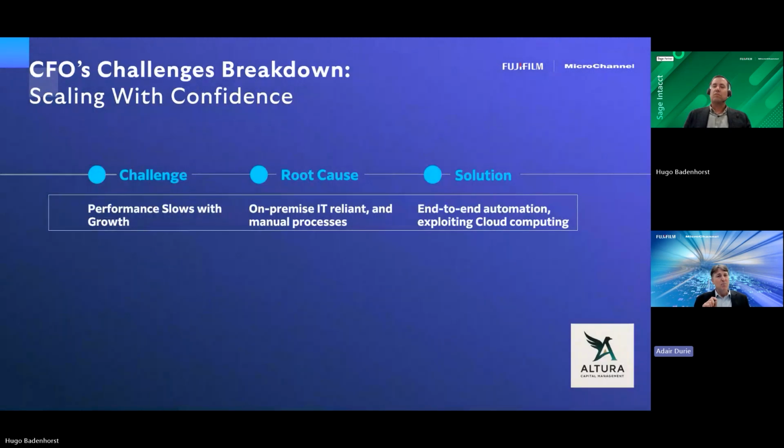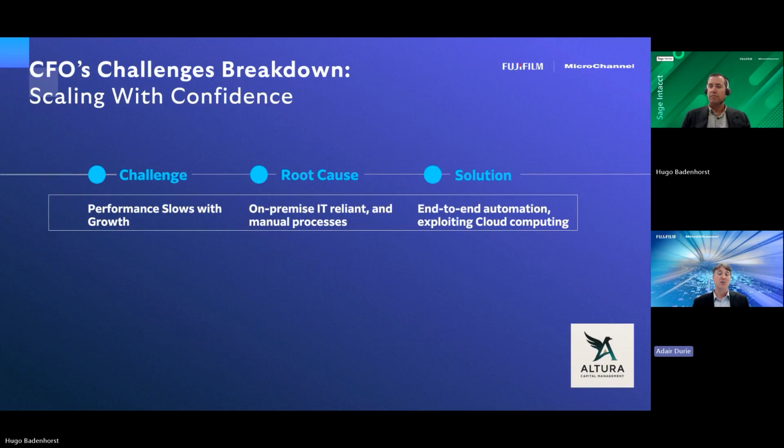And look, performance slowing with growth is a challenge that many customers have, but there are sometimes a number of reasons for it. One, it can simply be that the system they're using is reliant upon on-premise IT resources, and either the technology's past it, they're non-compliant with the latest technologies, or they have to replace all their on-premise IT because it's so old and it's under-resourced. So many times it is simply a hardware issue, but a lot of times it's really a technology issue with the system that they're coming from.